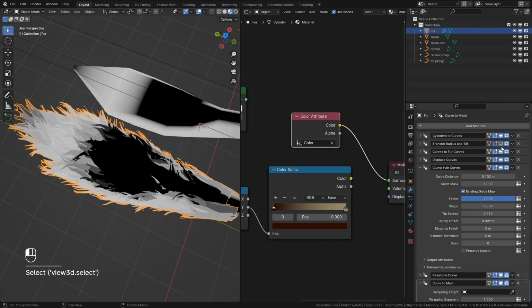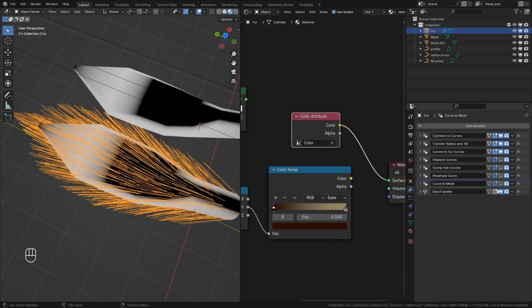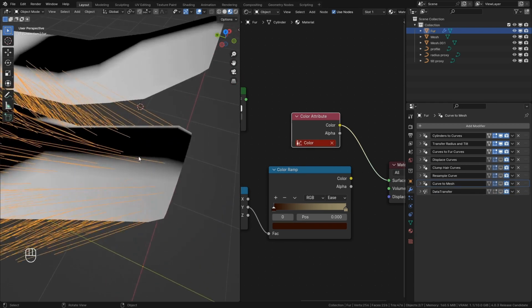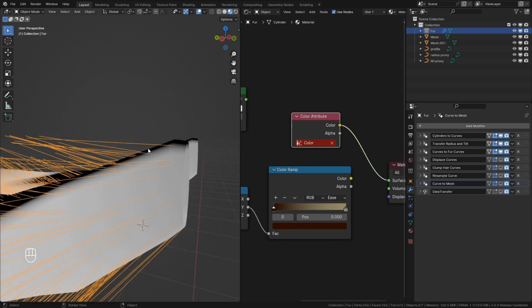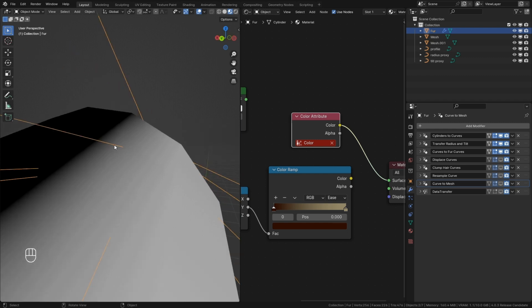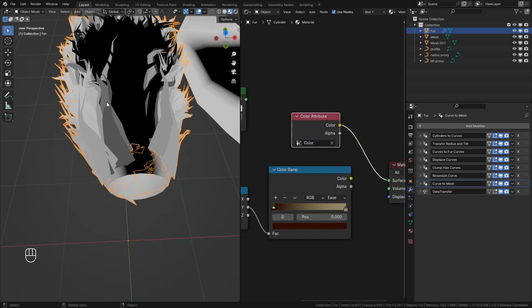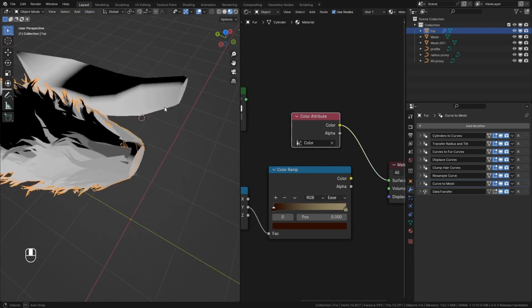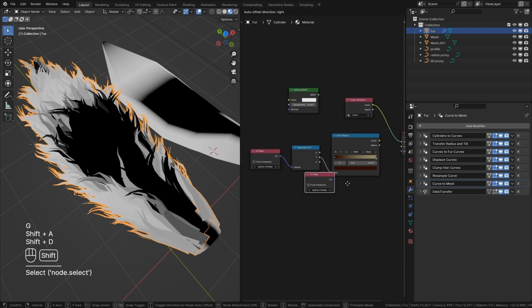at their core, if we disable all the other modifiers after our curves to fur curves, these curves are generated by distributing points along the surface of our mesh object and then extruding those points to become curves. So whatever value is at the point right here where the root is the point along the entire length of our curves. So keep that in mind if you're going to use color attribute,